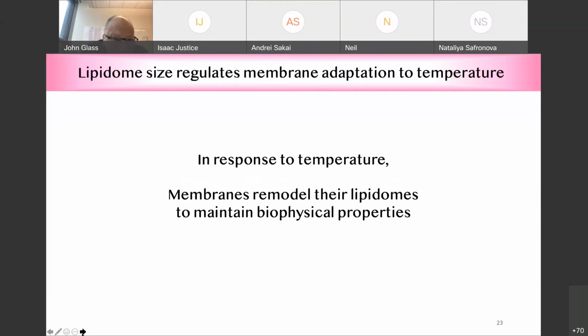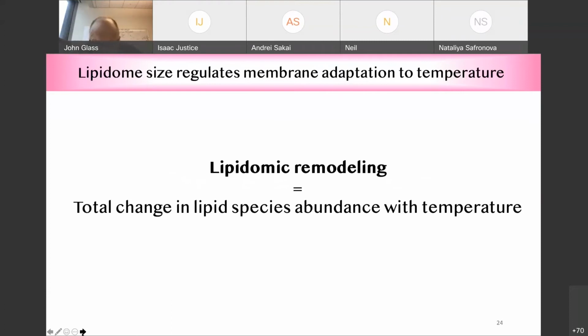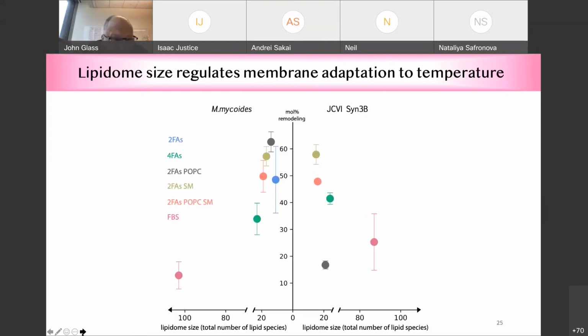So to start with, we do know that in response to temperature, all living membranes remodel their lipidomes to maintain biophysical properties and their bioactivity. And by lipidomic remodeling, in this case, I mean the sum of the total change in all lipid species abundances within the lipidome with temperature. So if we plot the lipidome size on the x-axis this time and the overall lipidomic remodeling on the y-axis for both mycoides and Syn3B that were grown on all the defined lipid diets in FBS, we suddenly see a negative